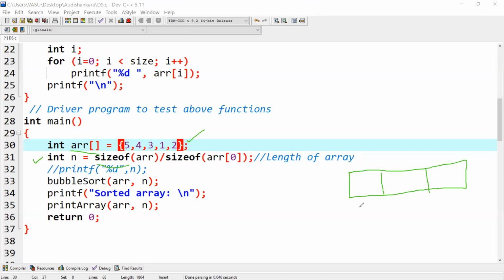Now, what will happen with the sizeof operator? See, this is suppose an integer array. Okay, we are considering an integer array over here. Therefore, here we will have integer elements. For each individual element, 4 bytes will be allocated. Now tell me what will be the total size of the array.